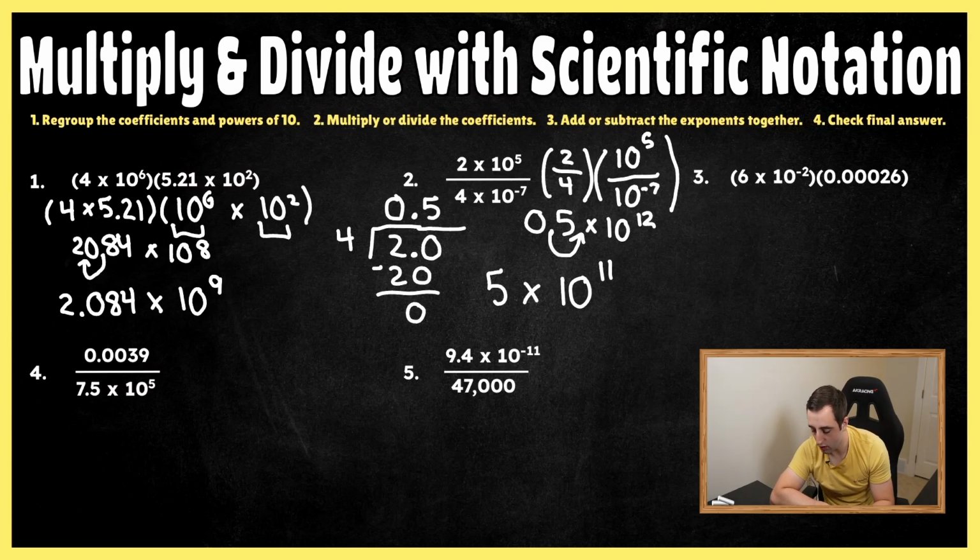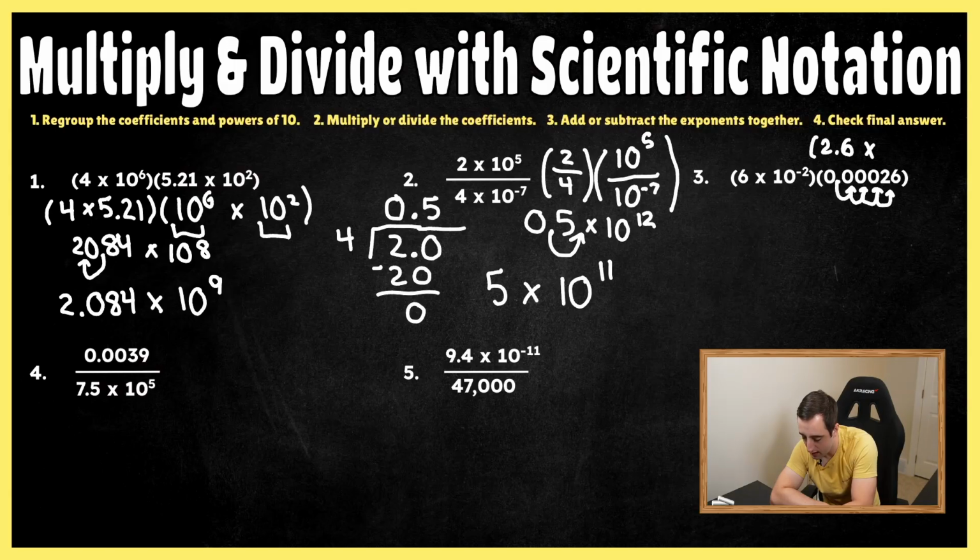Now let's go ahead and take a look at number 3. But you're going to notice something's a little bit different here. One of these is in scientific notation, but the other one's in standard form. So we need to adjust this by moving the decimal point to get a number that's greater than or equal to 1, but less than 10. So we need to move this once to the right, twice, 3 times, 4 times,